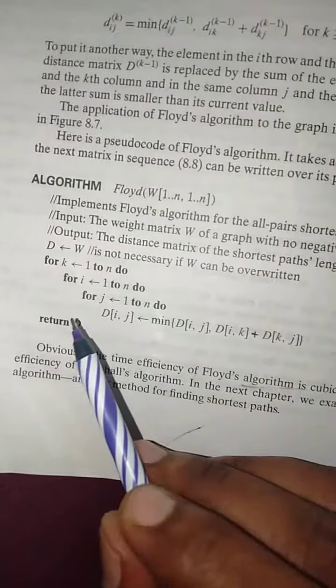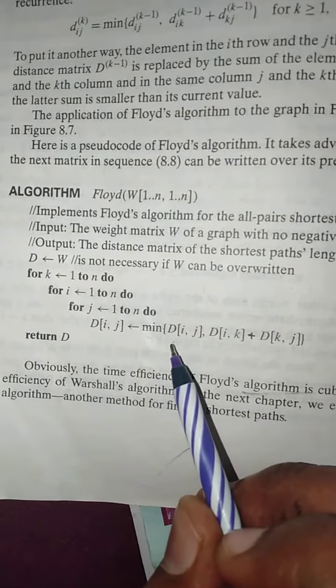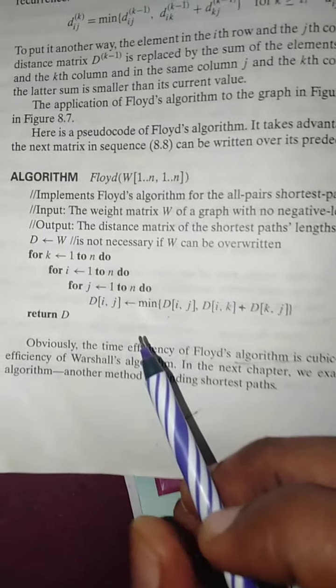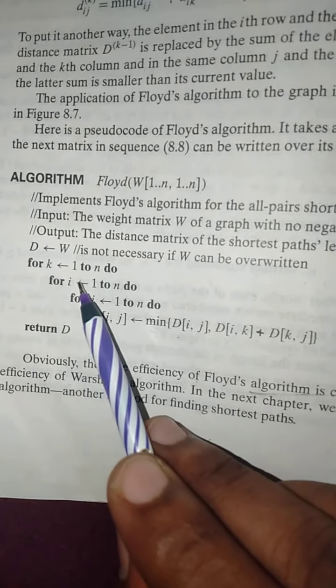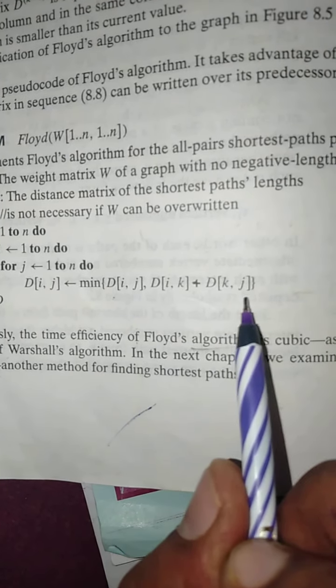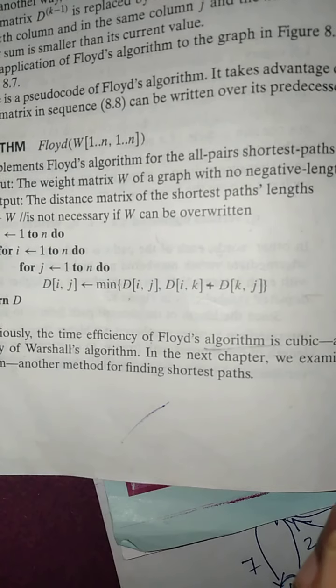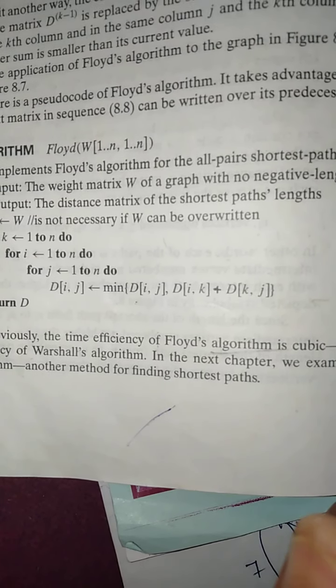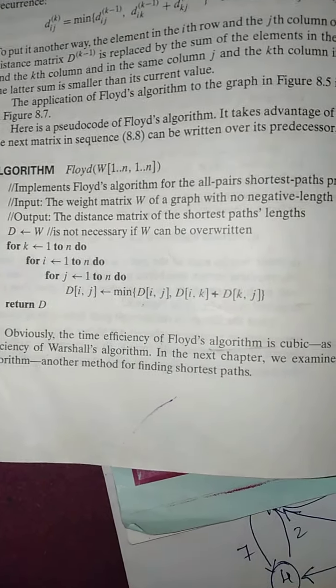And we shall look at the algorithm. Algorithm also straightforward implementation of this formula, exactly similar to the transitive closure. So k, i, j and d_ij is minimum of d_ij, comma d_ik plus d_kj. That's it. Okay, right? And as it is a dynamic programming.